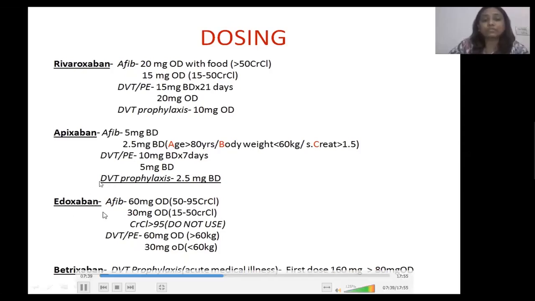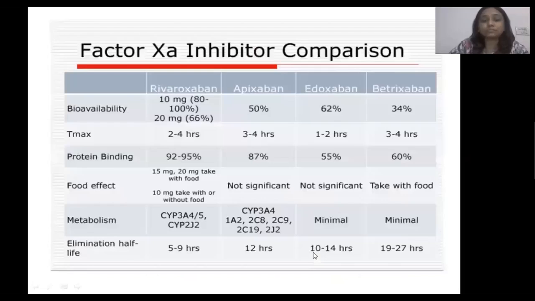Edoxaban is used at a dose of 60 mg once a day or 30 mg once a day, depending on the creatinine clearance of the patient. Betrixaban, which has only one FDA-approved indication at present, is used with a first dose of 160 mg followed by 80 mg once a day. Now, comparing the pharmacokinetics and pharmacodynamics of these drugs, the bioavailability of rivaroxaban is maximum, so it is rapidly absorbed, and it has the